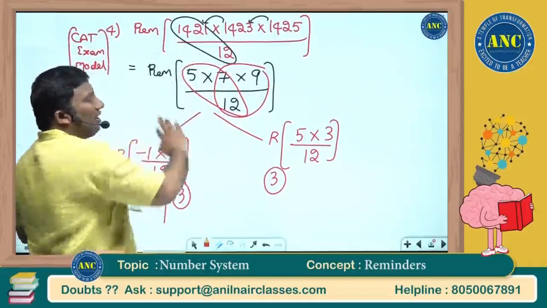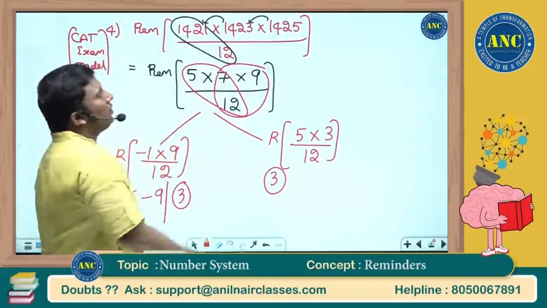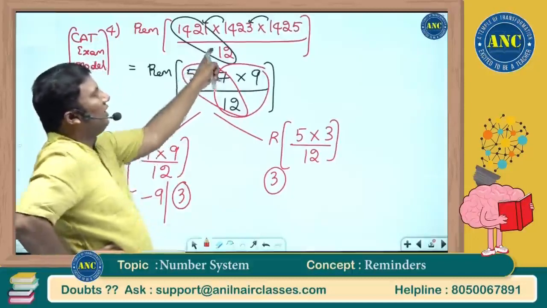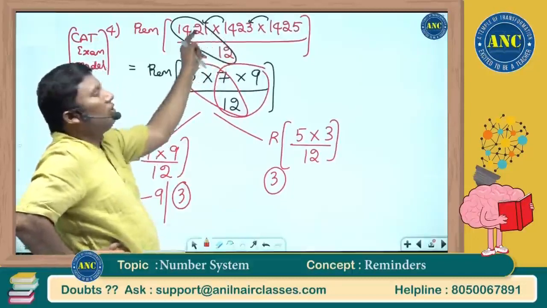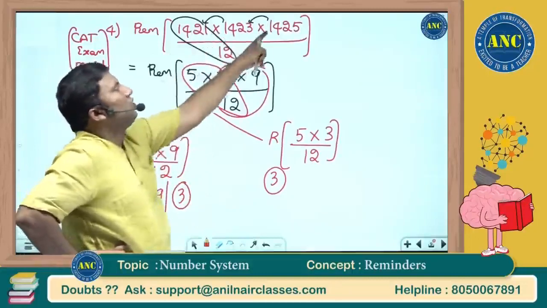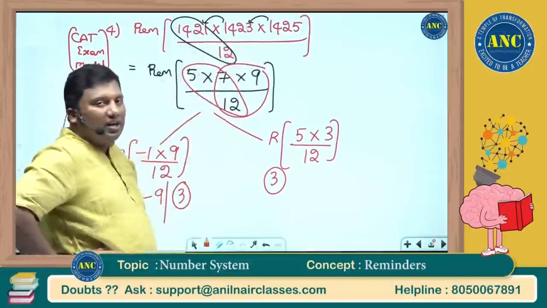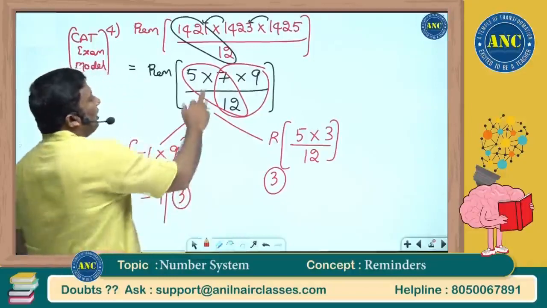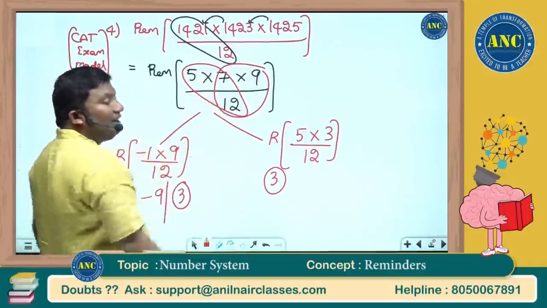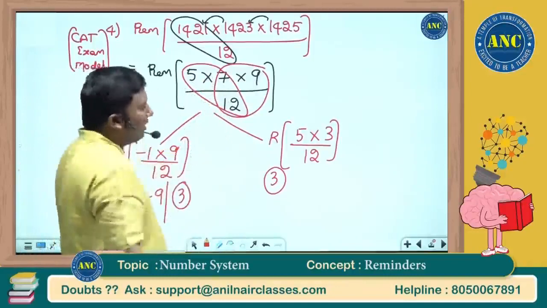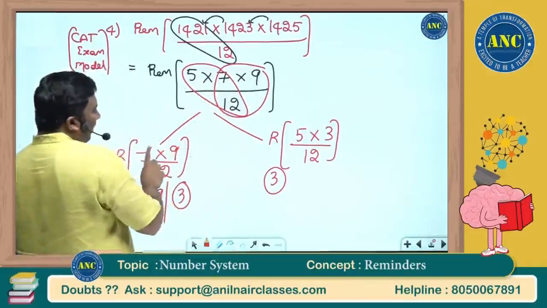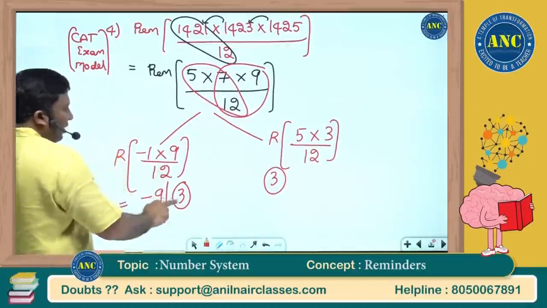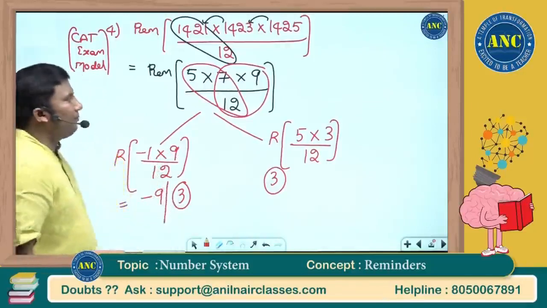12 ones are 12, 22. 12 ones are 12, 101. 12 eights are 96. It is 5. This is nothing but 2 more than this value, it is 7. 2 more than this value, it is 9. Either you can take the first two and divide, or the last two. 35 divided by 12. 12 threes are 36. Negative remainder minus 1, into 9 by 12. Negative remainder minus 1, positive remainder will be 3.